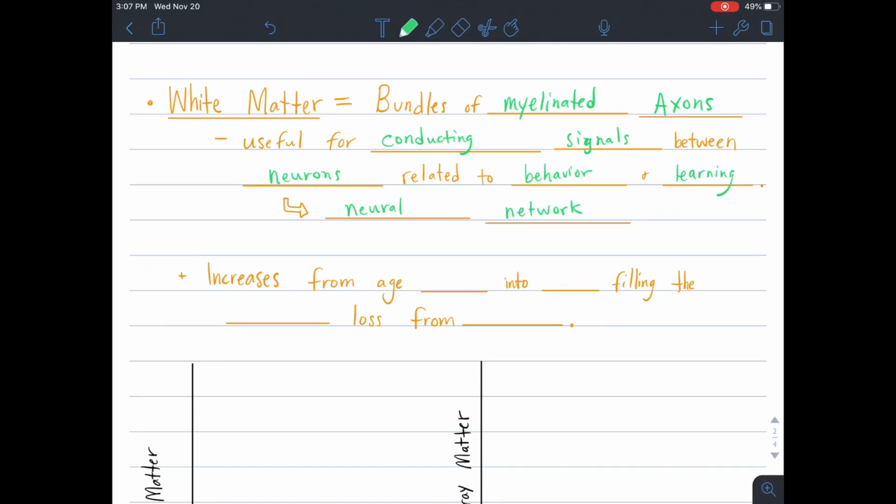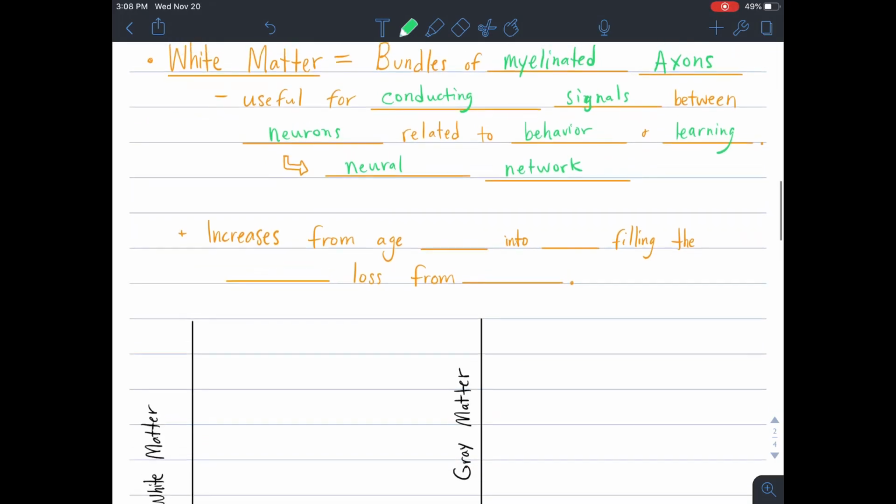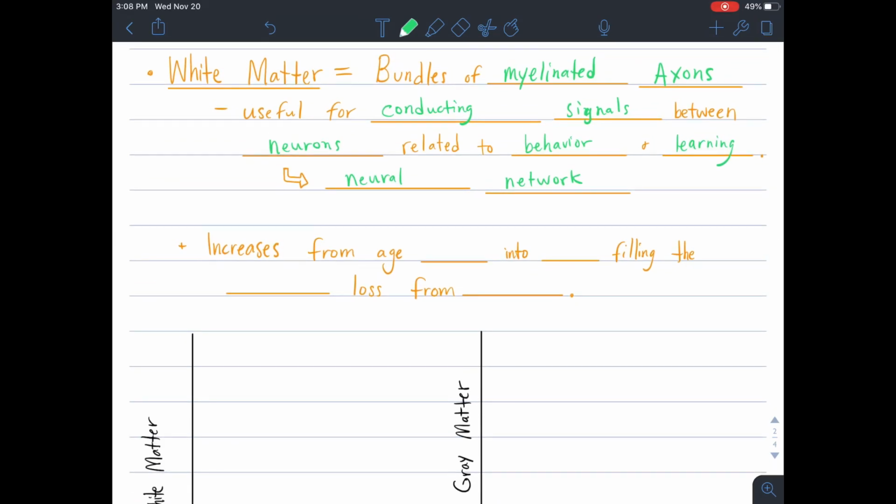So as you all are practicing your juggling and gaining some skills with juggling, your body is myelinating the neurons that are useful in juggling. And if you continue to juggle year after year, then that myelin will become stronger and thicker, and it will allow you to just do it as if you were riding a bike. But in order to learn how to ride a bike, you had to gain that white matter. That's why we say it's like riding a bike, because a lot of people do it when they're young. They continue to do it year after year. So we use that analogy because your body usually has pretty good myelination on those neurons that are involved in